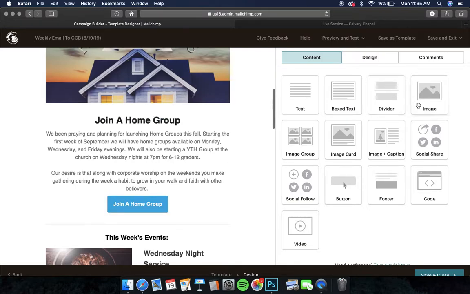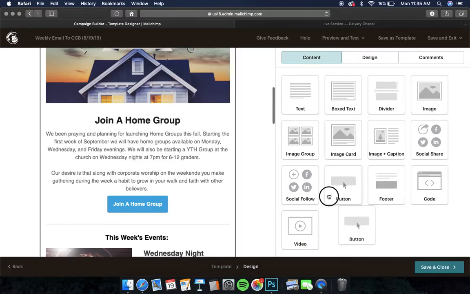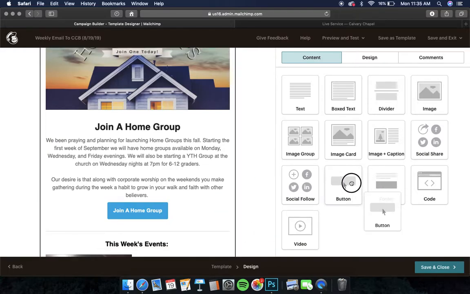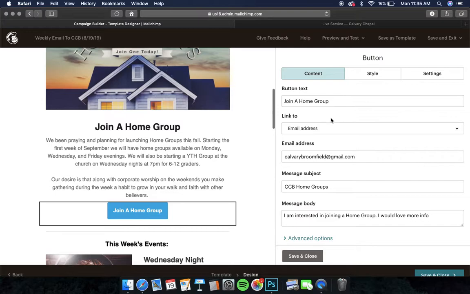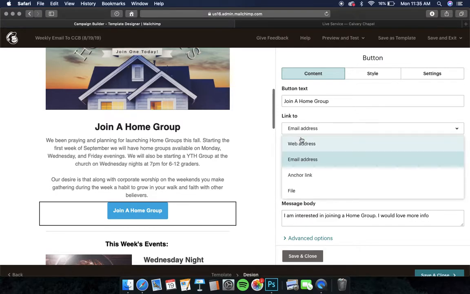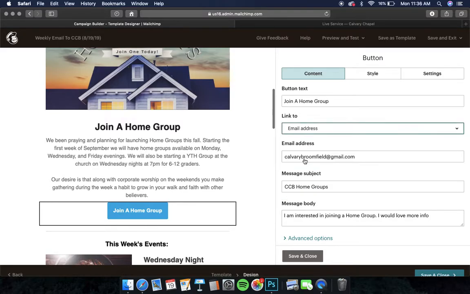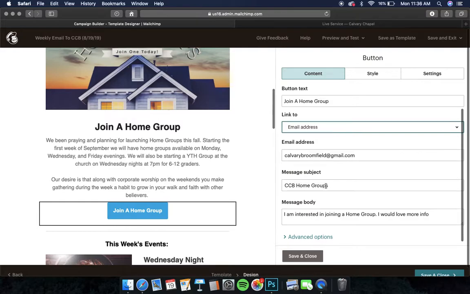So you have all of these different options right here. You just drag and drop it. Since we already have it, join a home group. So this is what it will do. It can link to a website, anchored link, or a file. We want it to go to an address, Calvary Broomfield. The subject is CCB home groups. I'm interested in joining a home group. I would love more info,